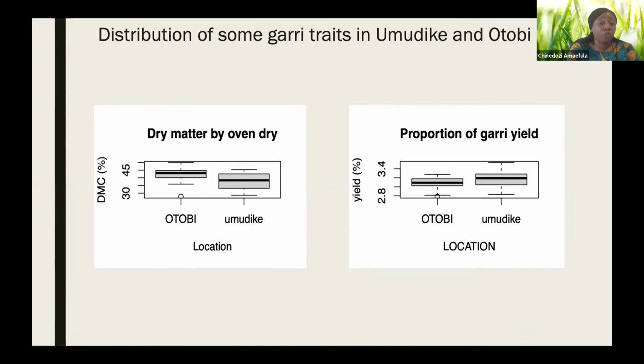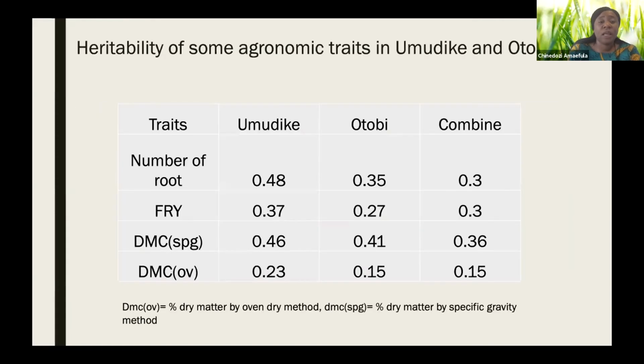So I look at the distribution of most of the garri traits, and they vary across location. I just picked two traits to show how they vary across the locations. Then I look at the heritability of some of the agronomic traits in different locations, and a combined analysis. For the number of fruits, there's a heritability of 0.48, and dry matter by oven dry method in both locations